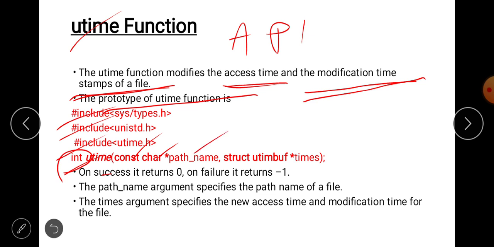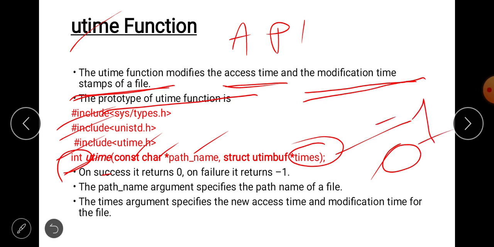Here there are two arguments: one is pathname, another one is times. If it is a success it returns 0. If it fails it returns -1. That is the return value.